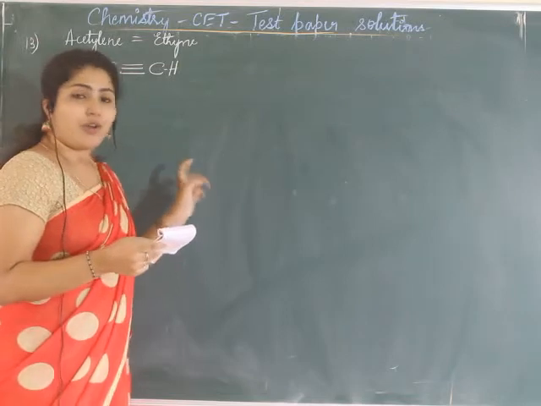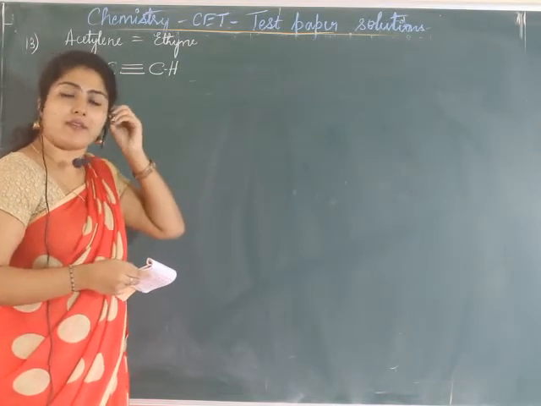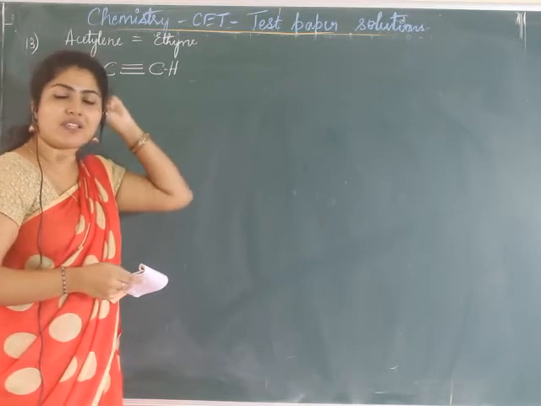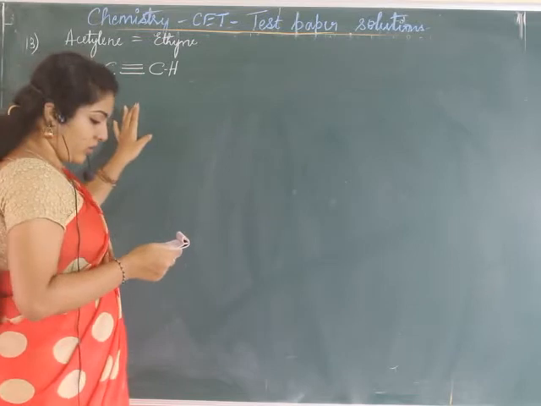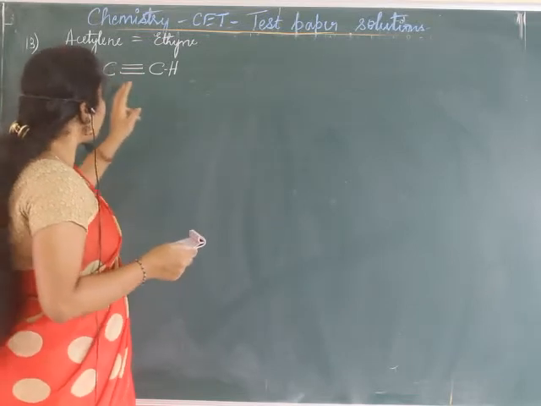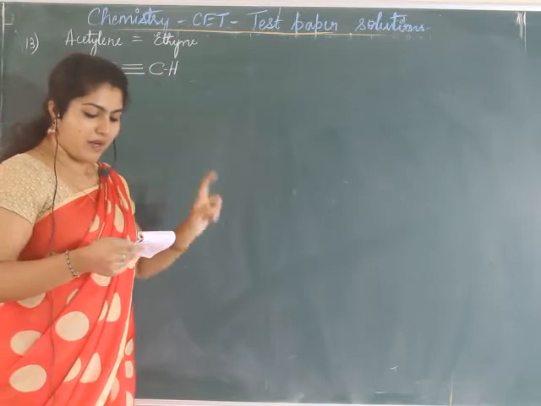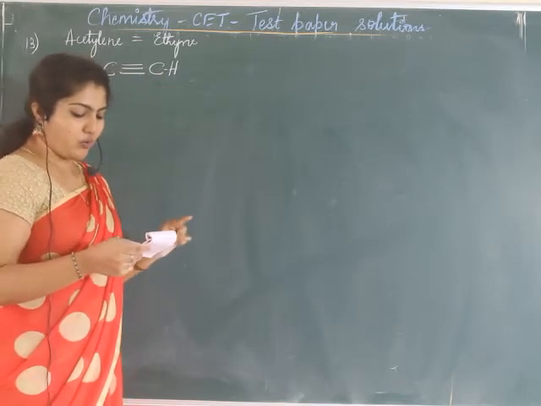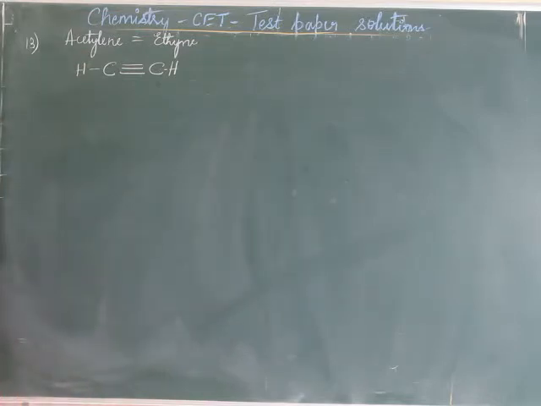In acetylene molecule, see, they have not directly given that it is ethine molecule. Instead, they have given acetylene molecule. So we should know some of the common names also. In acetylene molecule, between carbon atoms there are 3 sigma bonds, 2 sigma and 1 pi bond, 1 sigma and 2 pi bonds, 3 pi bonds. So you know this, right?